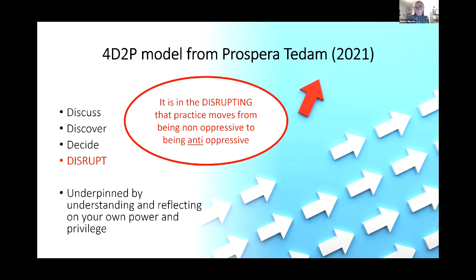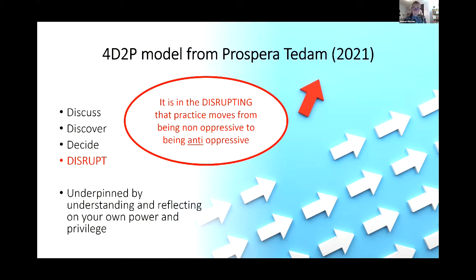How were you anti-oppressive? And what they say is, well, I didn't oppress the person. No, what they were doing was, I was non-oppressive. I didn't oppress the individual. That's not anti-oppressive. Anti-oppressive is when you disrupt it, when you challenge the oppression, when you do something to change